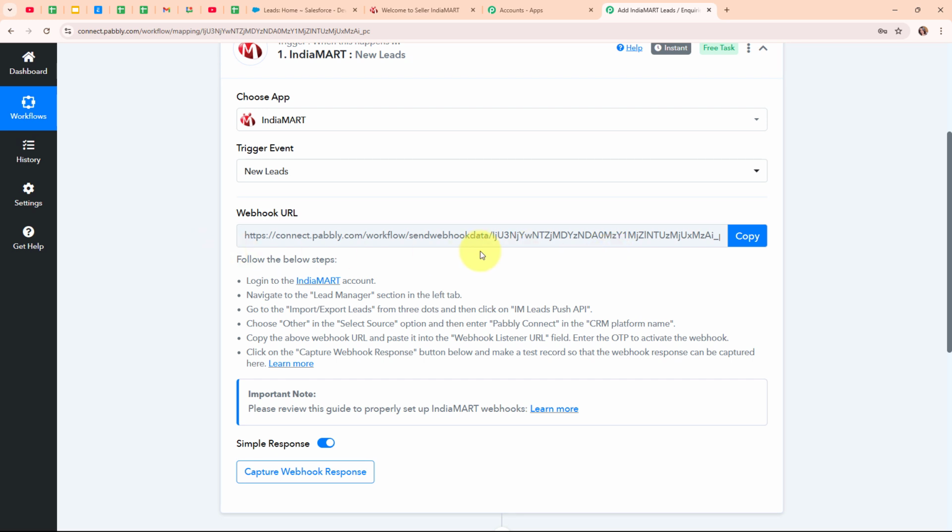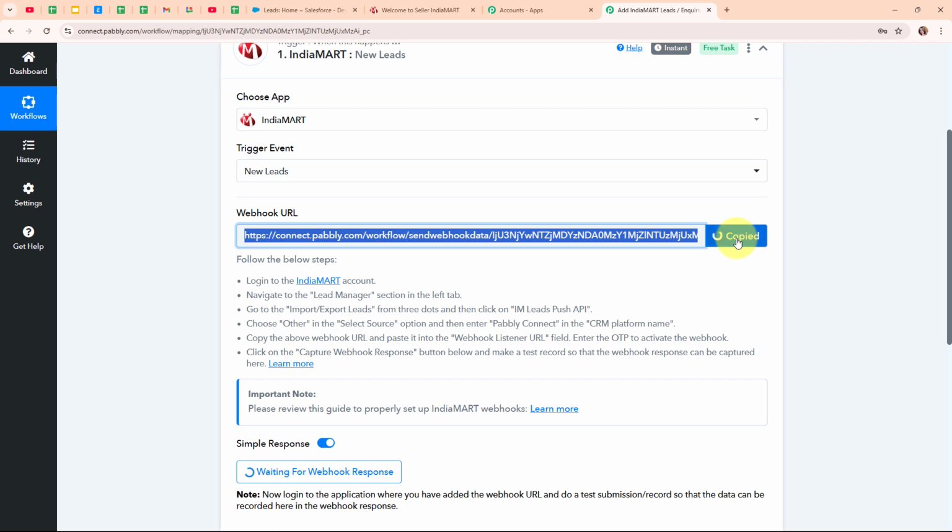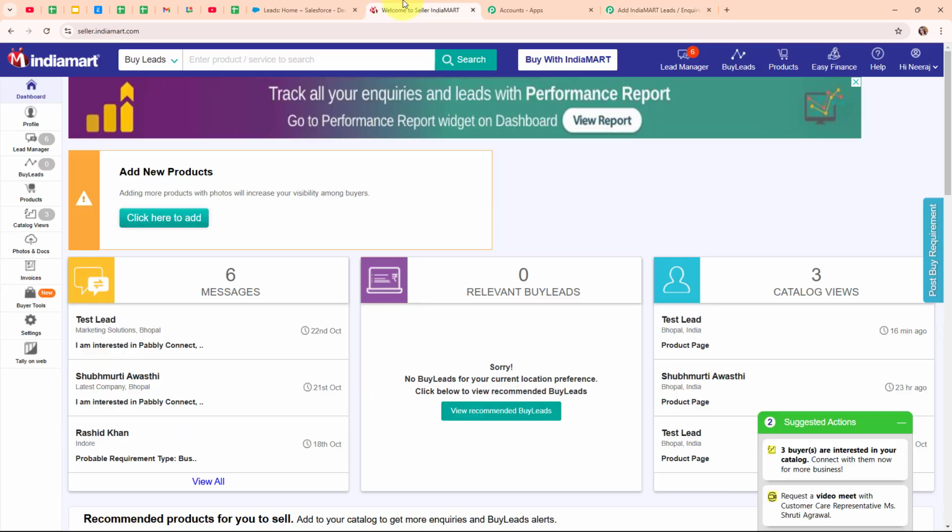That means here I'm going to use this webhook URL to connect my IndiaMART account with Pabbly Connect. So following the instructions given below, firstly I'm going to copy this webhook URL. And here I've already logged in to my IndiaMART account. So this is my IndiaMART account, and from here I'm going to click on this lead manager option given in